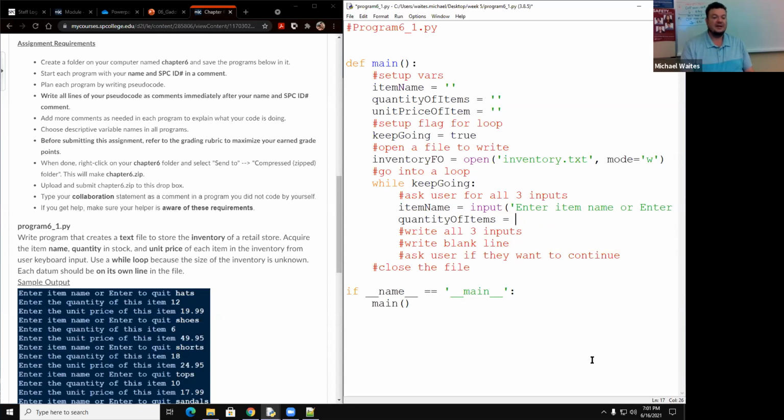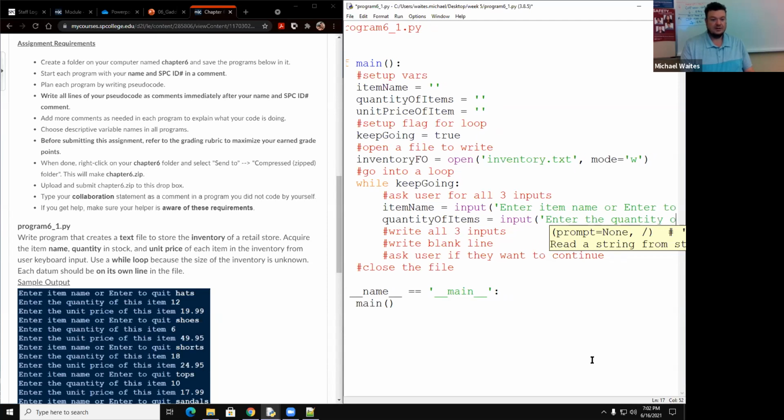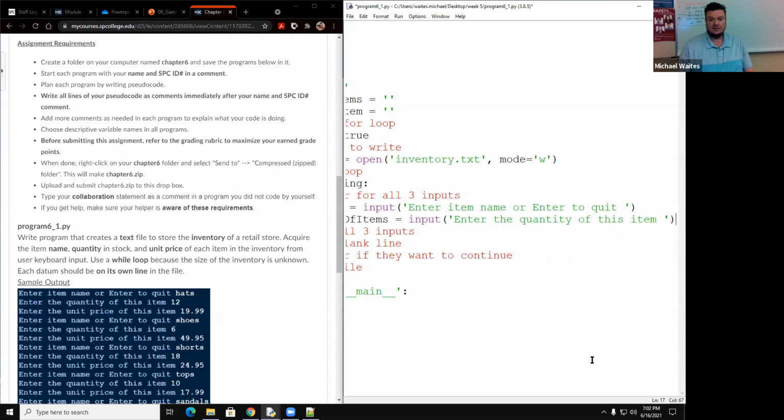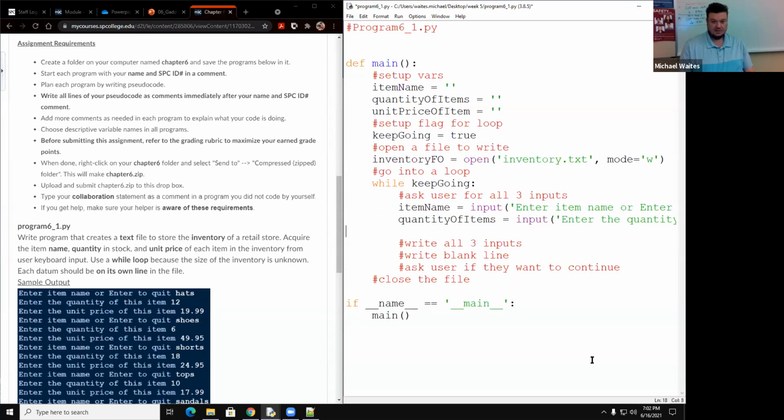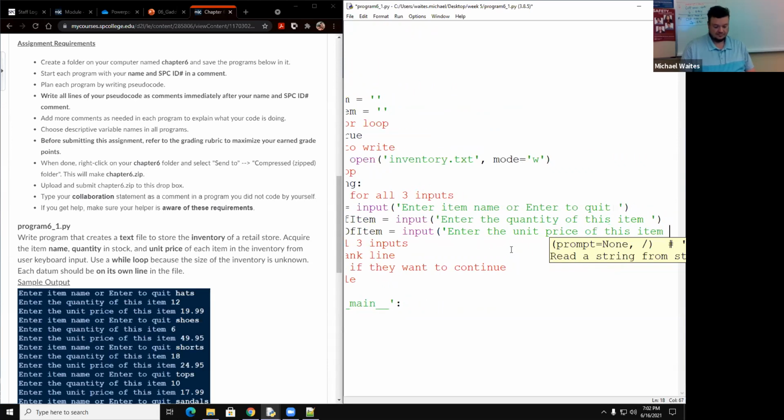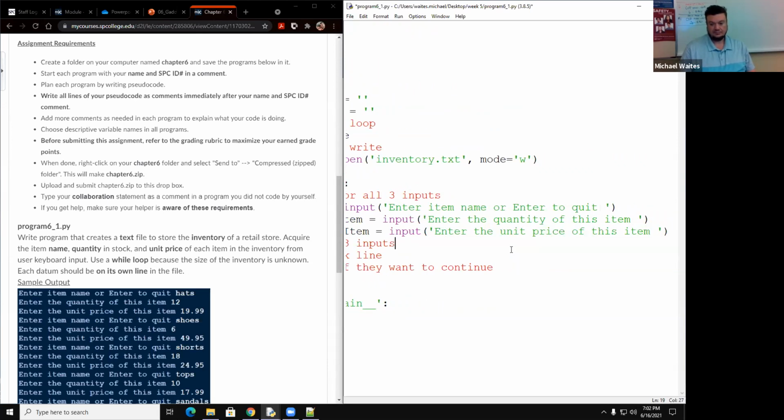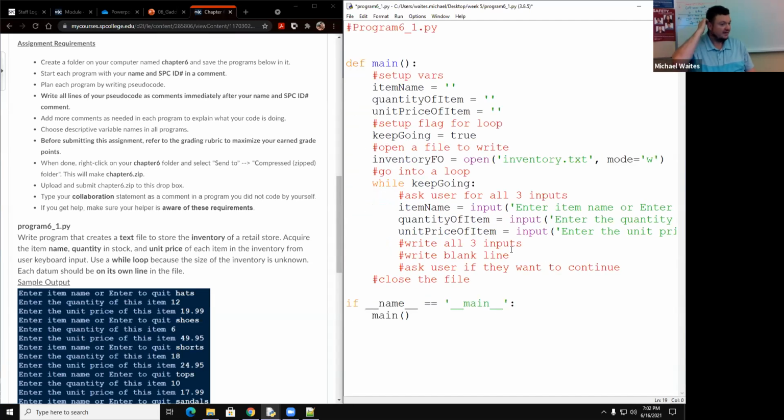It's already coming in as a string. Okay, now that we have all three pieces of data,